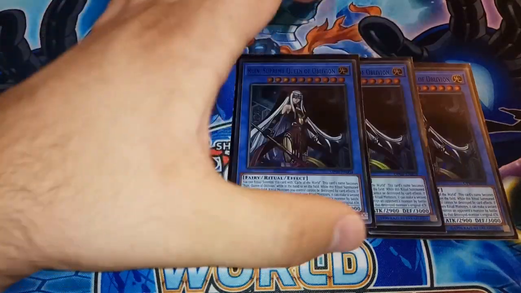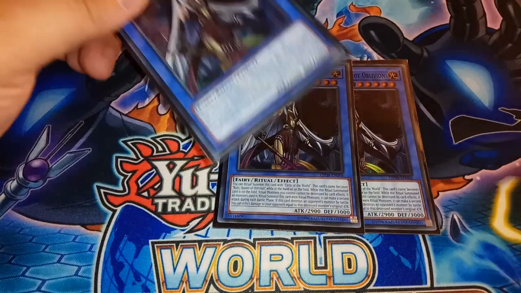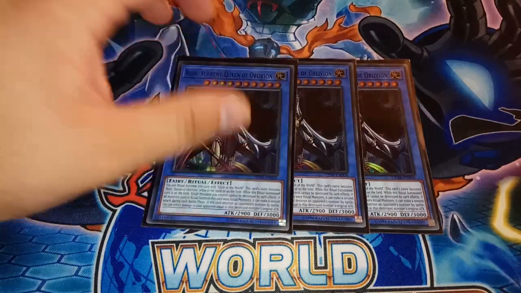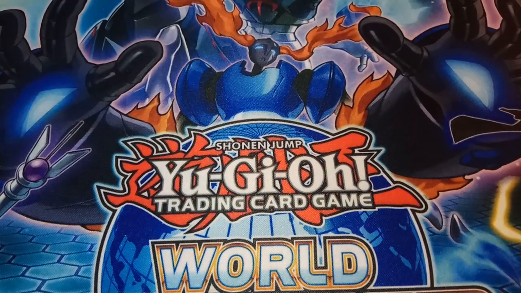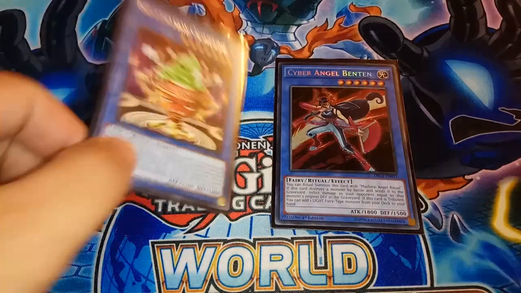So you just use ritual monsters. Even if your opponent doesn't have any monsters, it's still 58 damage to the face, but if you get rid of a monster, it could be more than that. So I feel like she needs to be used with a full ritual, so that's very, very important for her specifically. And then the last two ritual monsters, I run one copy of Cyber Angel Benten and one copy